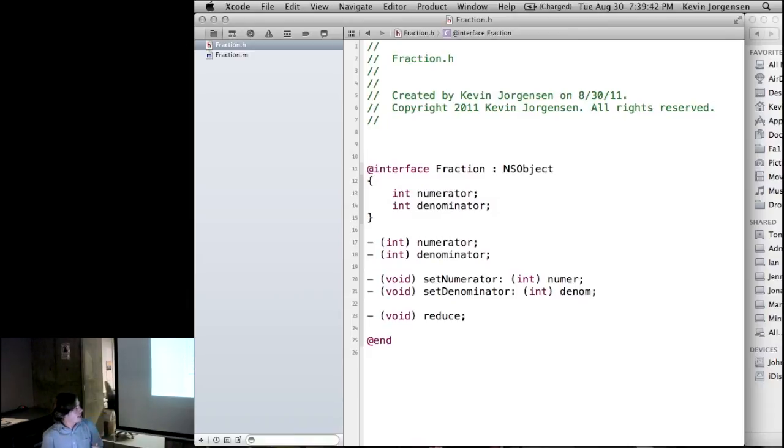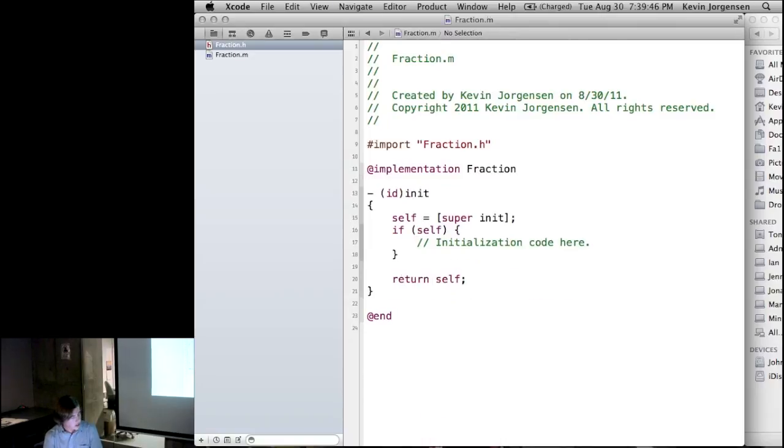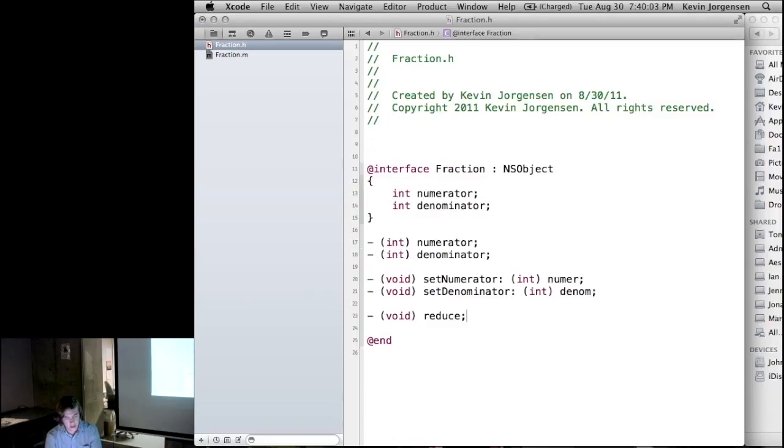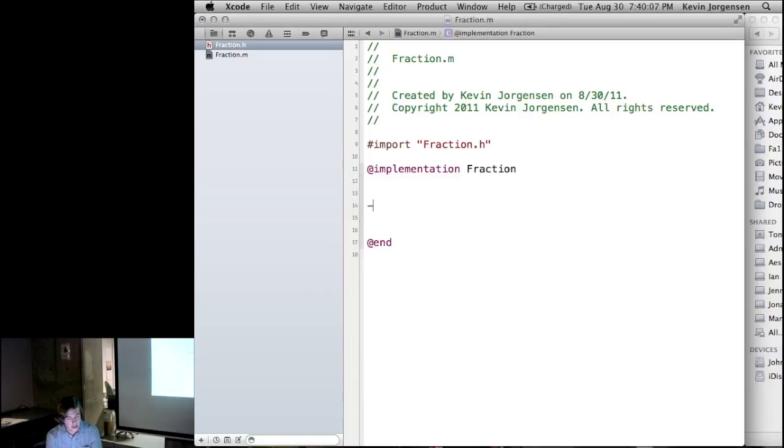Okay. So now let's go in and actually define these methods. I'll talk about init a little bit later. For now, that's where the object is going to get constructed. Don't worry about that. In fact, I can actually delete it and just use the superclass method because I'm not going to do anything with it. Okay, so the way you define a method is you basically copy paste the